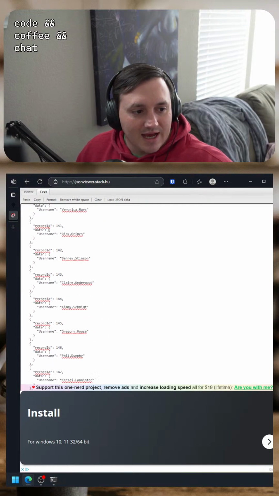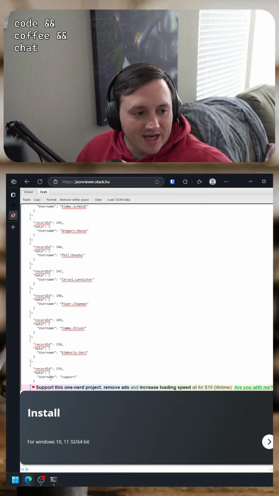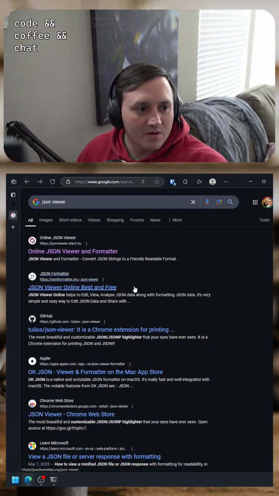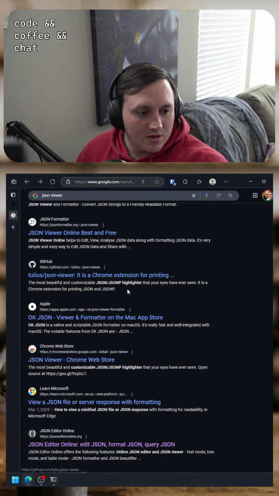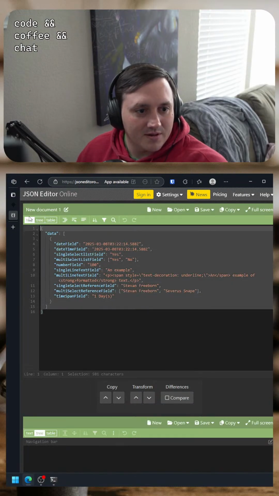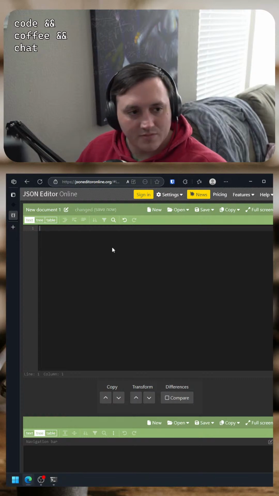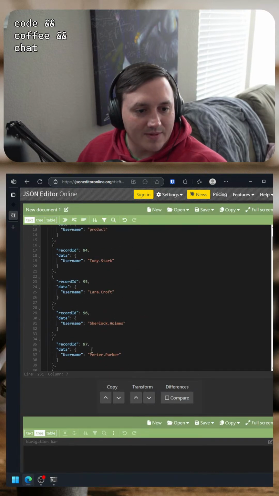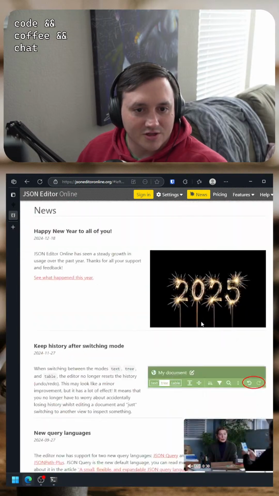And then down here at the very bottom, I should also have, oh my goodness, these ads are just unbelievable. Let's see, JSON editor maybe? Maybe this will be better. There you go. Yep. Down here at the bottom, I have, oh my gosh, the scrolling, it won't stop.